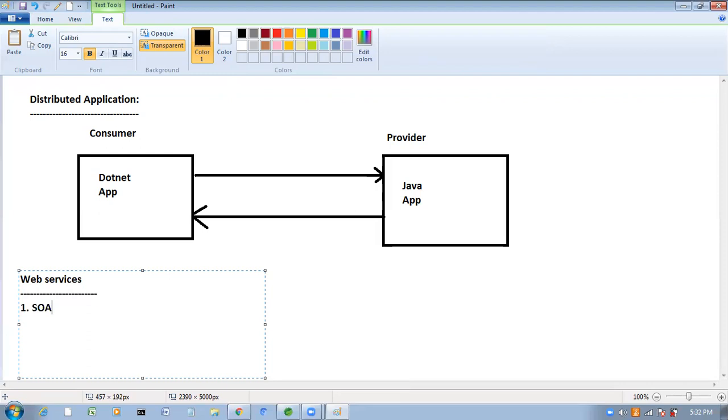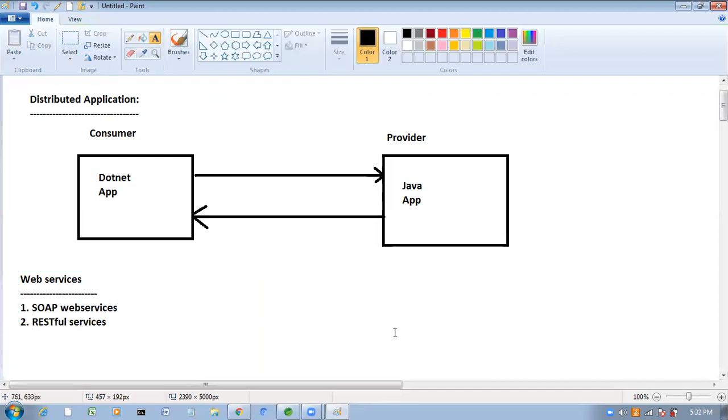Two types. One is SOAP based web services. The second one is RESTful services. By using these web services, we can develop distributed applications.